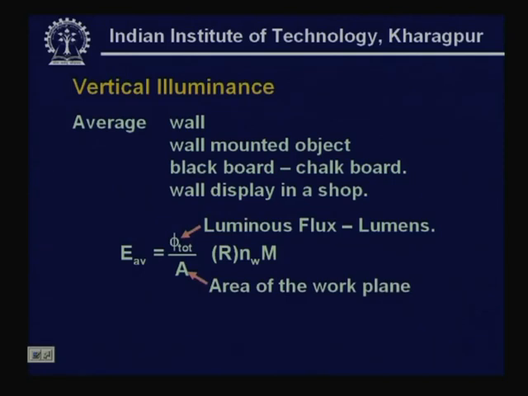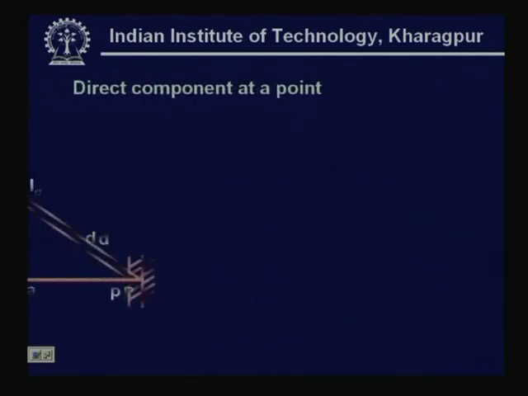This is again specified in terms of the luminous flux phi total that is available, and the NW which is specified here is essentially the utilization factor, M is the maintenance factor. RNW is so specified to distinguish it from the horizontal illuminance which we considered earlier. This is as per the CIE norms. So, again